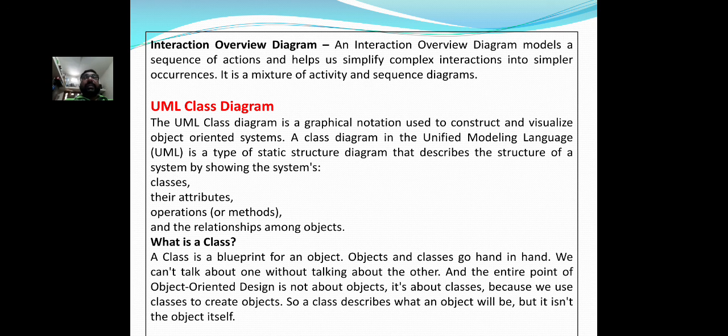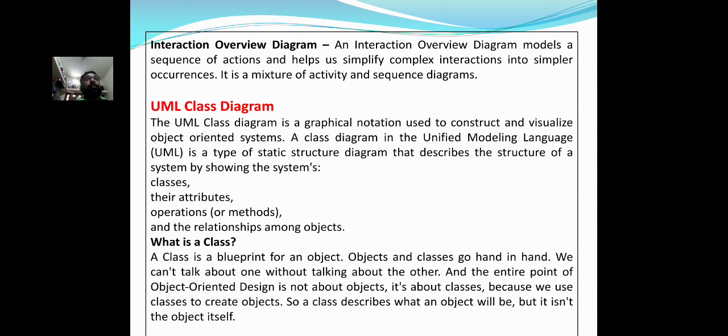What is a class? A class is a blueprint for an object. Objects and classes go hand in hand. We cannot talk about one without talking about the other.